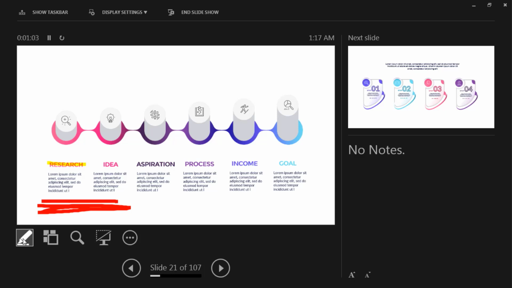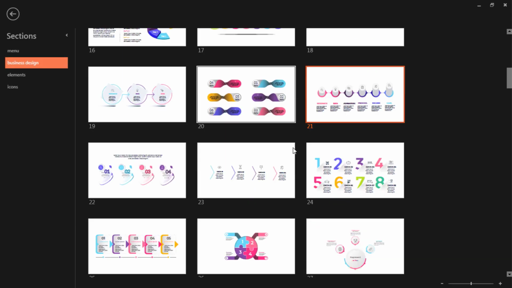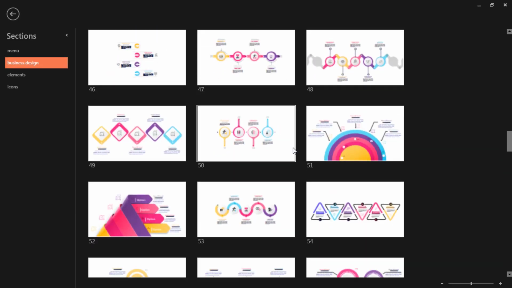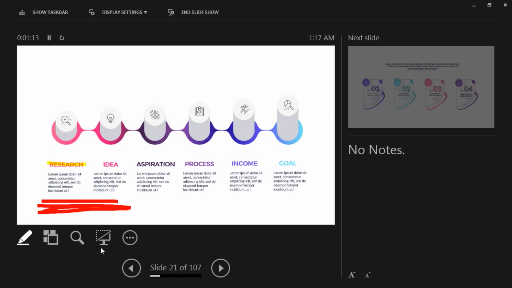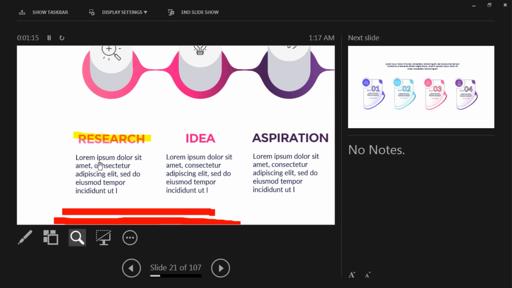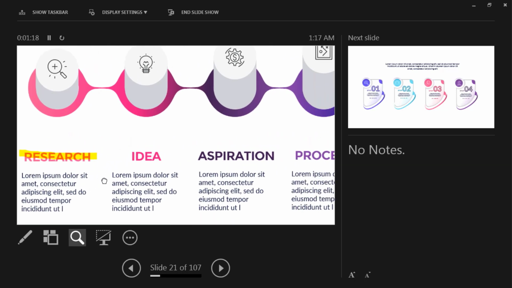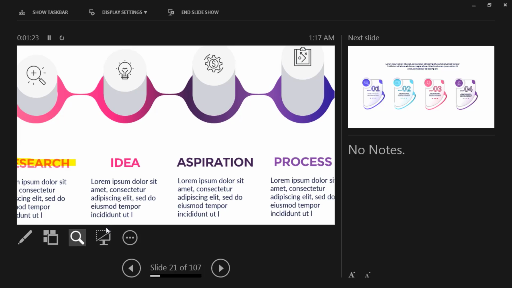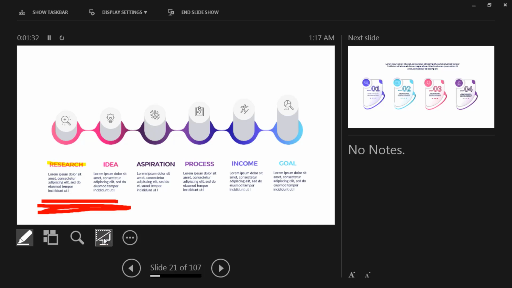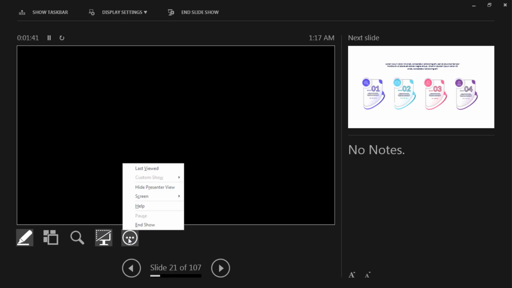And if you click on these options, a slide sorter is shown for you here, and with the help of this magnifier you can zoom in on a specific part of your slide that, as I said, your audience can see these changes, and with the help of this option you can make the slide page black and distract the audience's attention for a while from your slide and take their attention towards yourself. You can use these options in this part, or you can click on end show and exit from slide show,